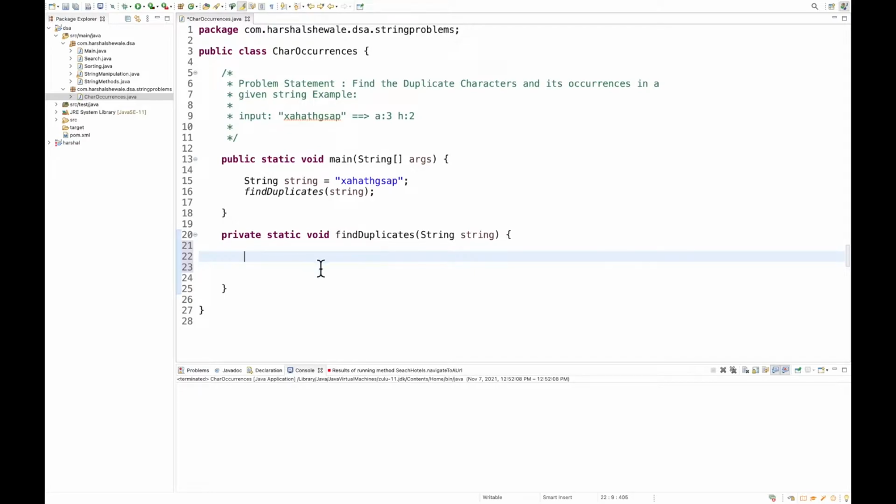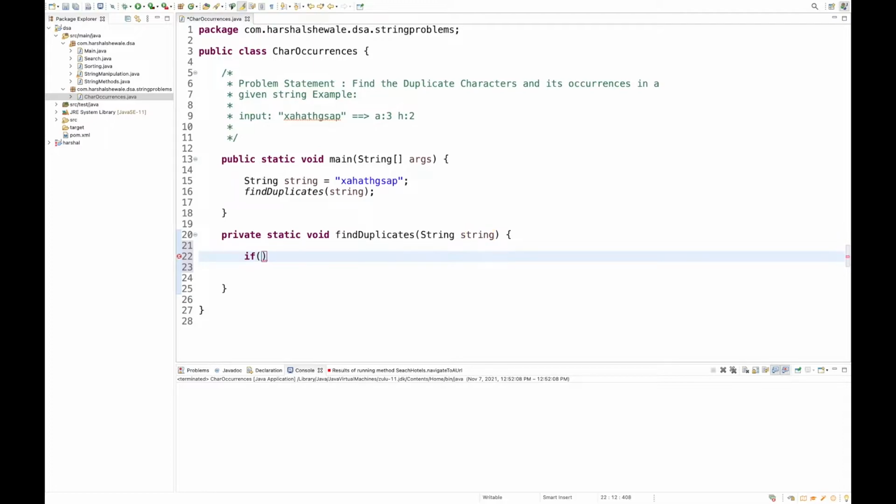Now, what is the first case we have to take care of? Always remember, whenever you implement any problem, you must think of the corner cases. Let's say your input is a string here. You must take care of all boundary conditions, all corner cases, like your string could be null or empty.